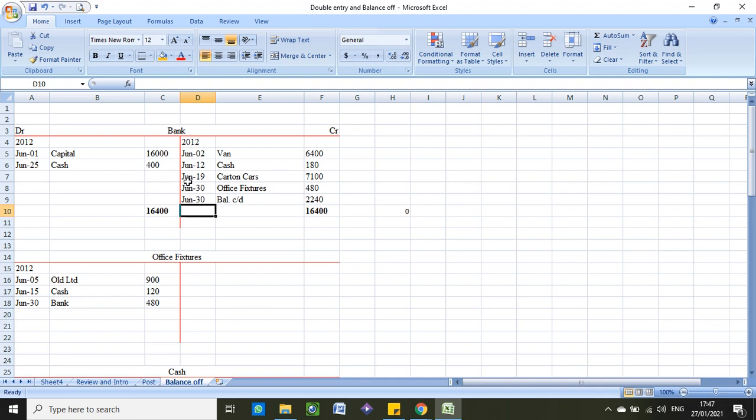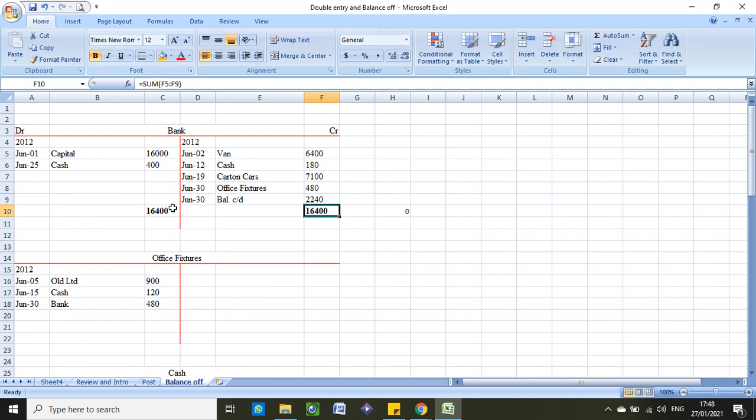So all the dates were June, so I use the last day in June, which is June 30th, balance carried down, because that's the balance that will be taken or carried to the following month. It is 2,240. So I go ahead and I single line and double line on both sides